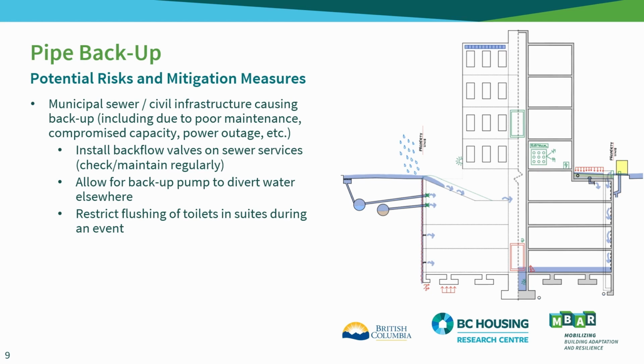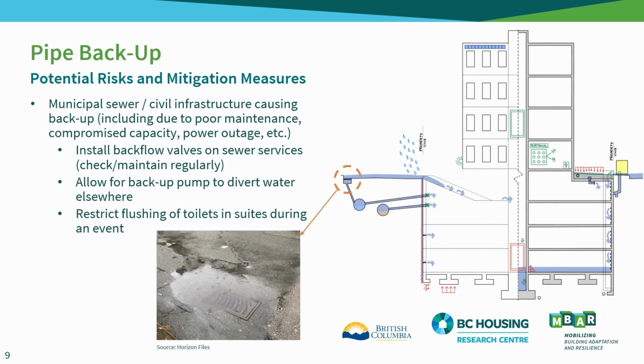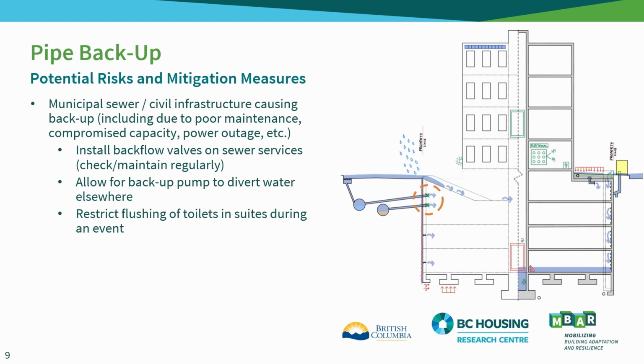Pipe backup can occur from municipal sewers. Specifically, storm and/or sanitary sewers around your building, as highlighted in the image here, may fail to function as designed and can back up into a building. To mitigate this, backflow valves on sewer services can be installed to limit the likelihood of floodwaters backing up into